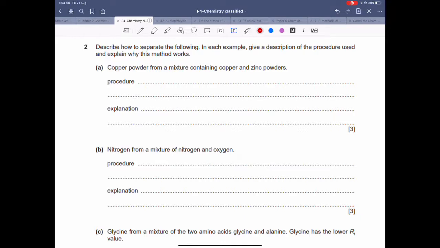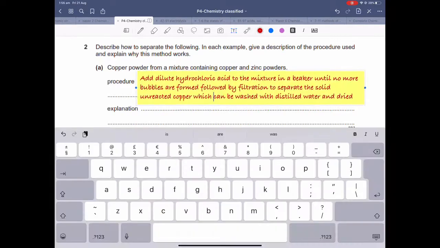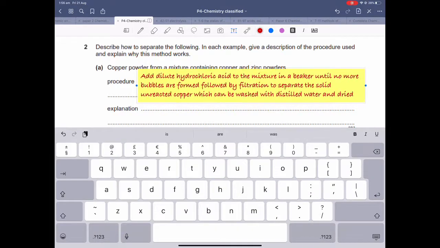be separated by filtration. And the explanation part goes back to what I said at the beginning, which is that copper does not react with dilute acids, whereas zinc does, and turns into an aqueous salt solution, which can then be separated by filtration. The residue is going to be copper on the filter paper. If you want a pure sample of that, which they haven't asked for in the question, then you can simply wash that with distilled water and dry. So as I said, for the explanation,